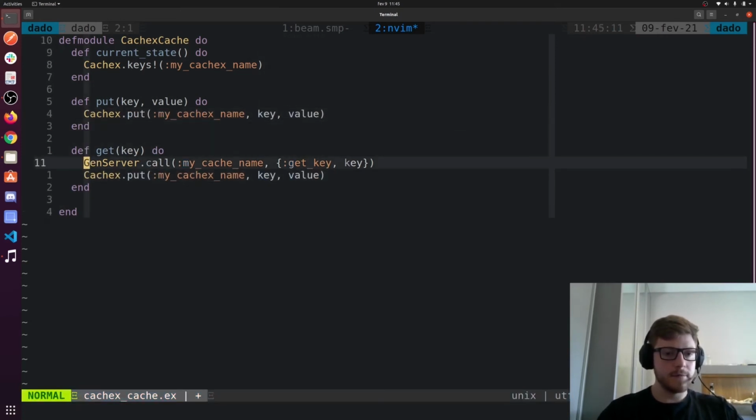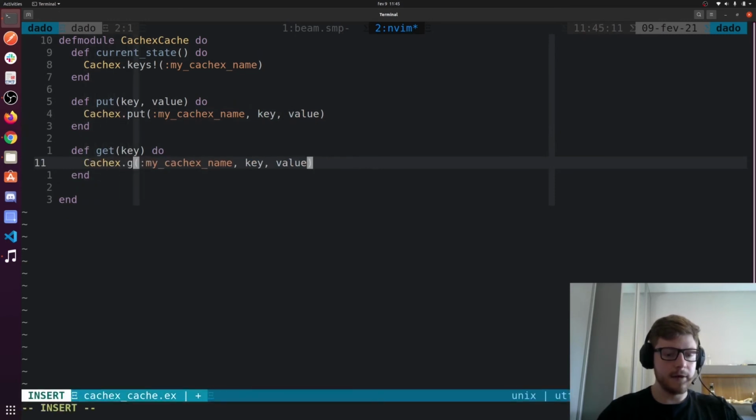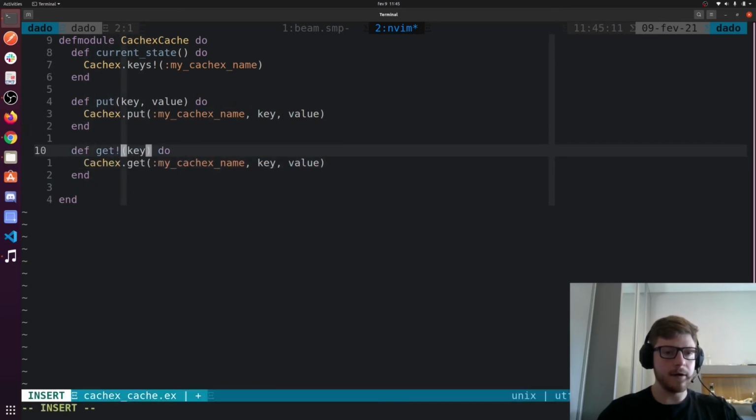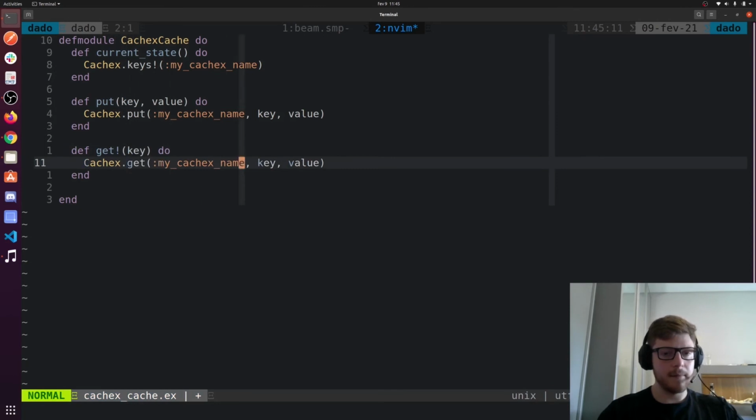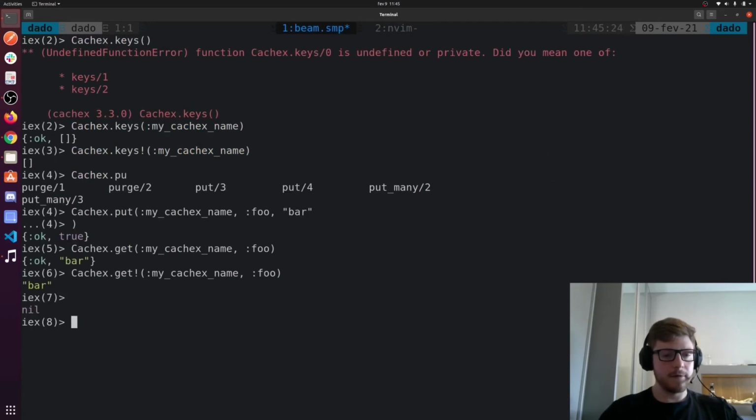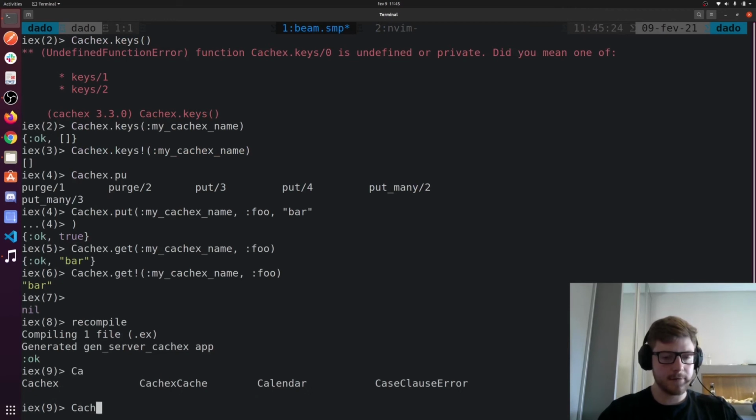And for the get, it is get, you can put a bang here now, and Cachex passing the key. And once we try start application again, so recompile,